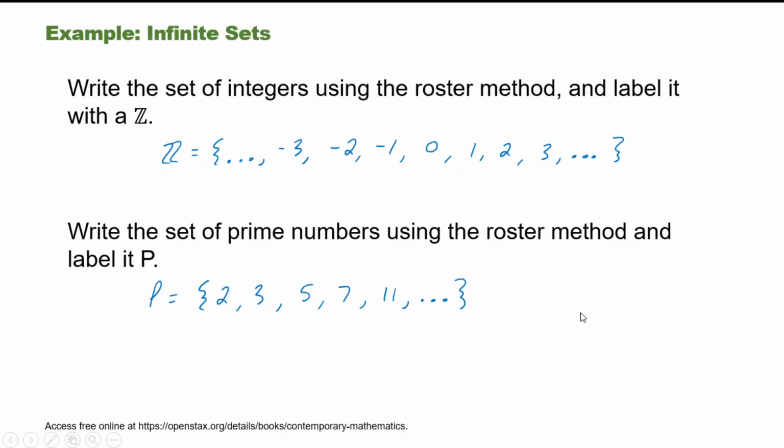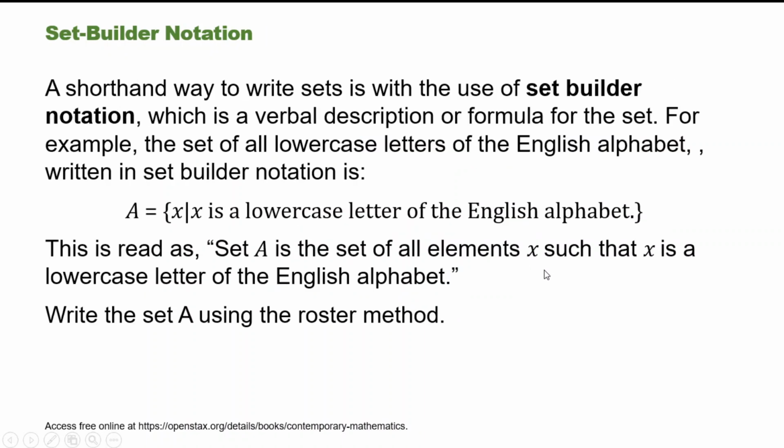Now, when we have infinite sets like this, it's inconvenient to write every element because you can't write every element. And so there is another way we can list out things other than the roster method that could be useful. So next we have set builder notation. A shorthand way to write sets is with the use of set builder notation, which is a verbal description or a formula for the set. For example, the set of all lowercase letters of the English alphabet written in set builder notation is A equals brace x, vertical bar, that we read as such that,